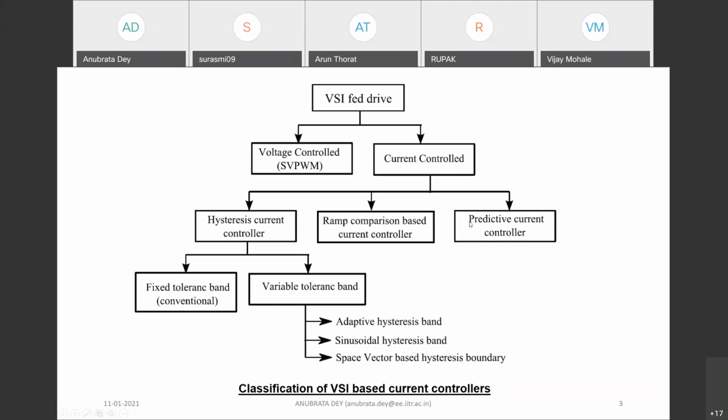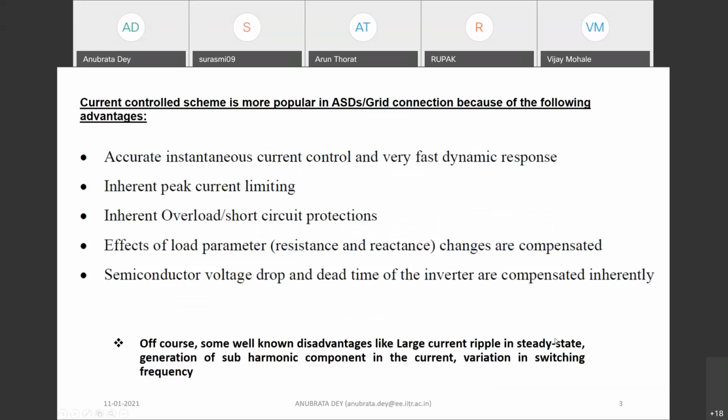Now, coming to the predictive current controller, we will be discussing this in a little bit of detail. It is not always very convenient to use a predictive current controller, but in some cases it is convenient. So we'll be discussing some of the features of each one of these. But before coming to that,